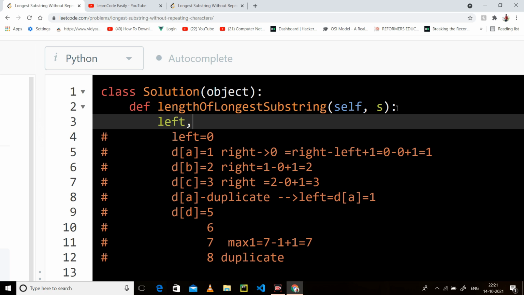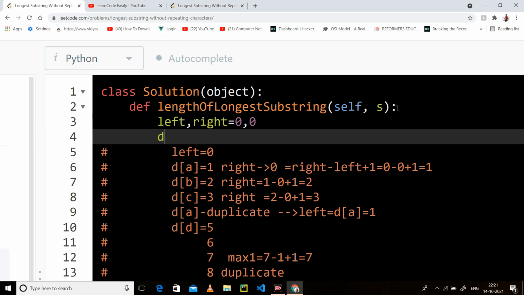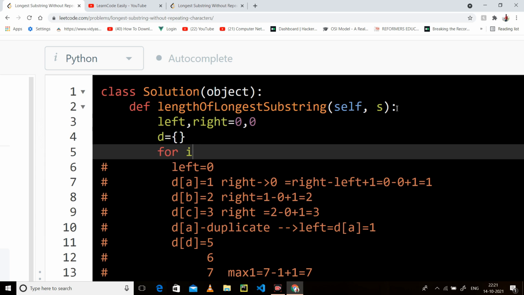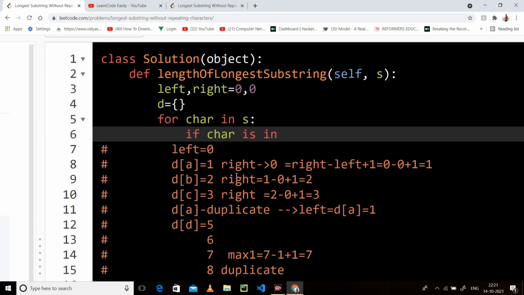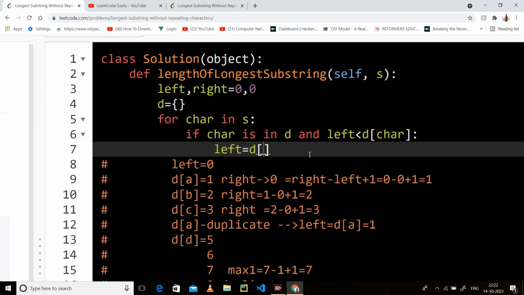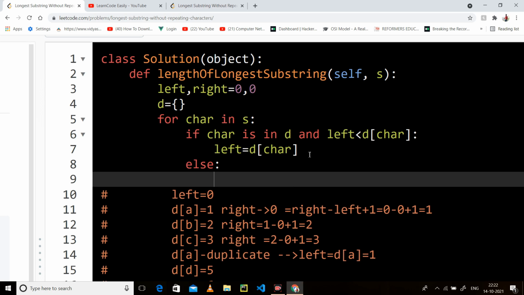So let's take left and right as 0 0, and I will take the dictionary as D. Now I will run a loop, that is for character in S. If the character is in the dictionary, and your left pointer is less than or equal to D of character, then you have to move left to D of char, else you have to do max 1 equals max 1,